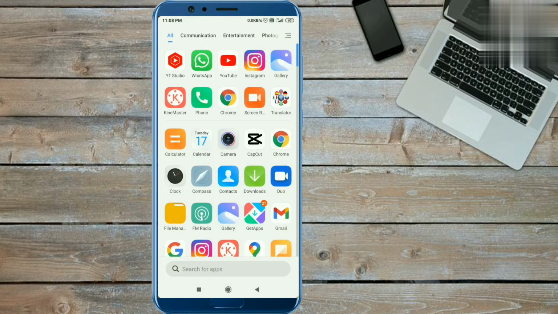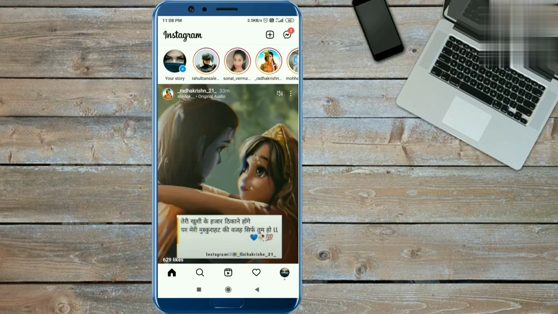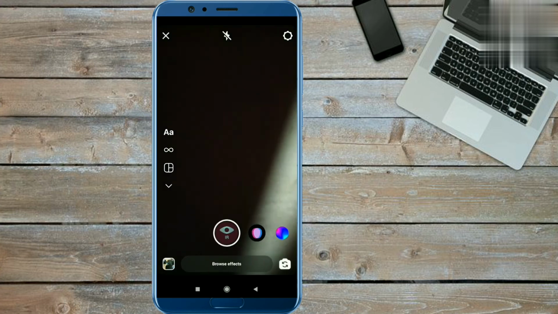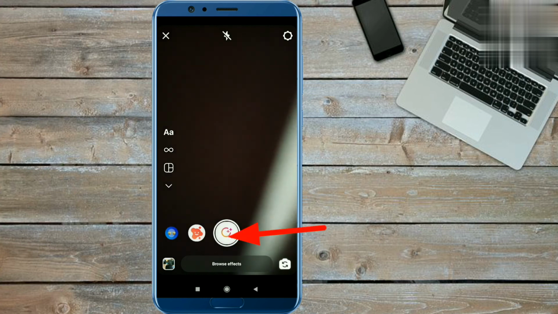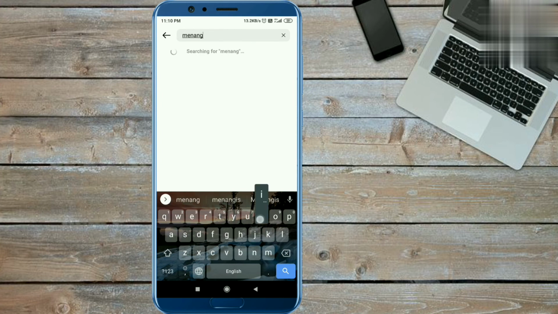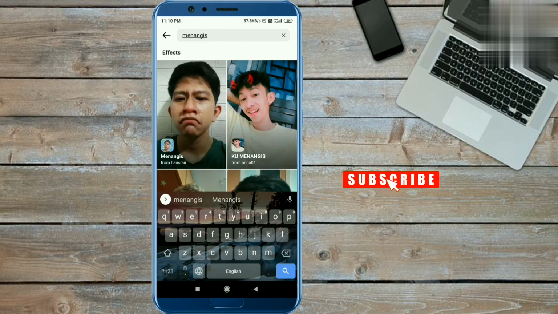So guys, first update your Instagram and open it. Now click on your profile picture and click on the camera. Now go to the right side, click on the browse effects option, and search here "menangis". You have to keep the spelling like this,